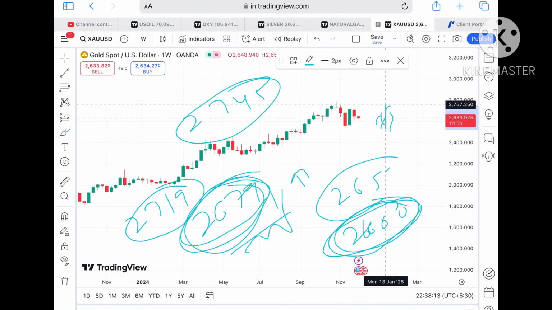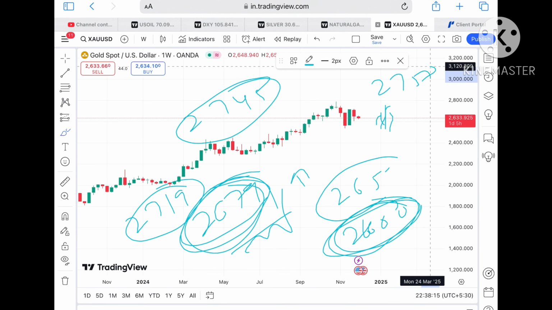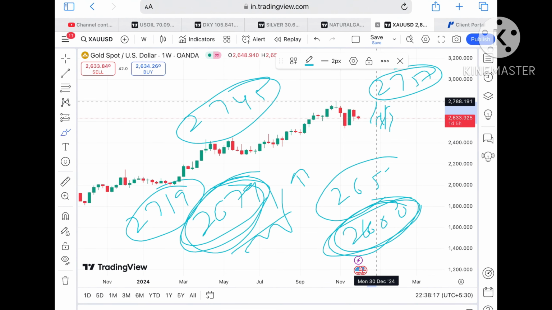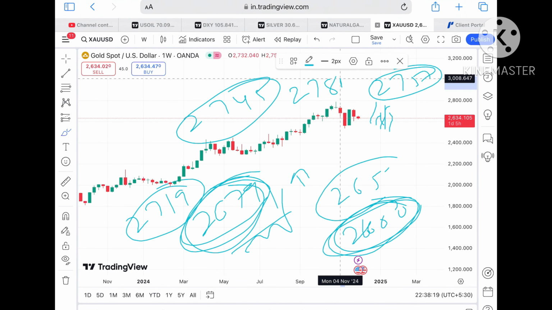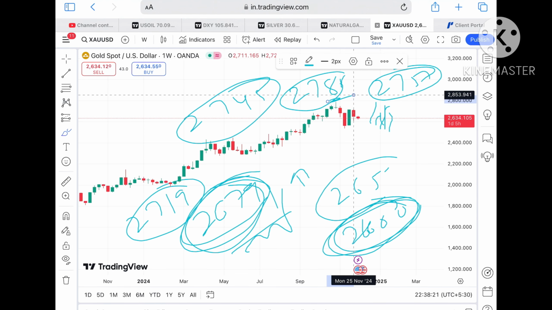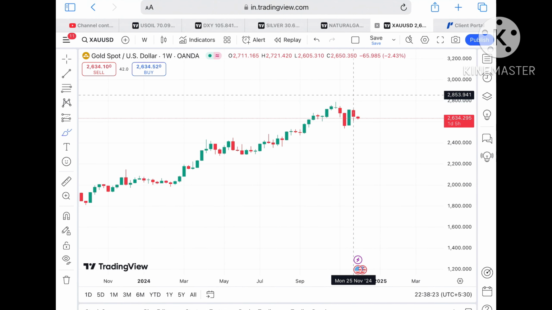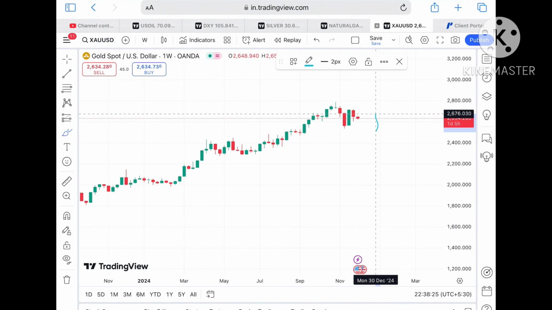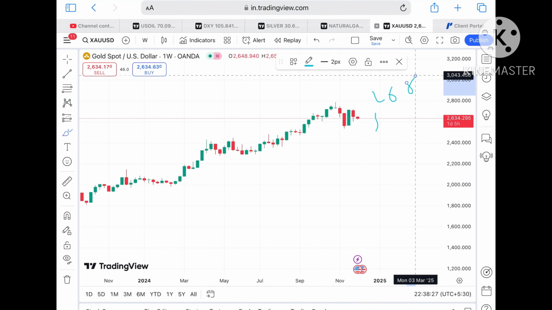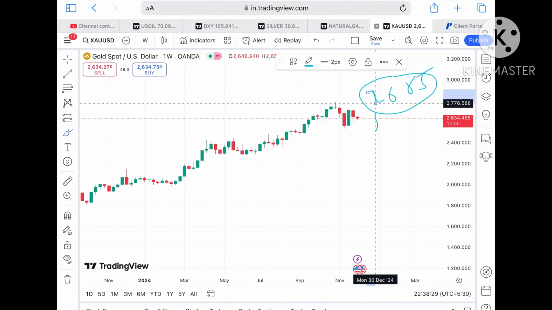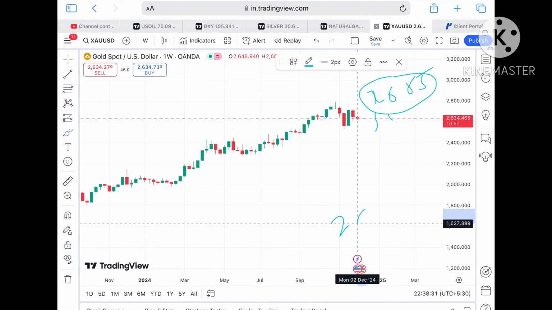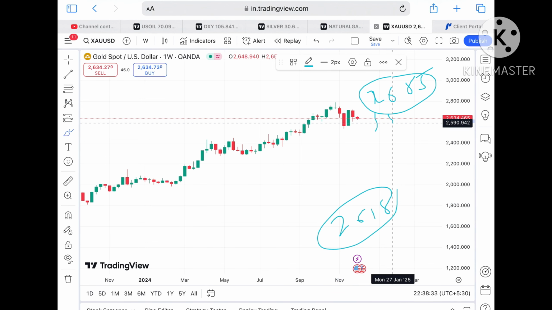Then it will go towards a level of $2757, and then it can touch a level of around 2788, and then it can make a new high. Remember that there is a higher chance of going further upside if the price keeps moving over a level of $2685. But if the price starts going below a level of 2618, we can see a further downfall towards